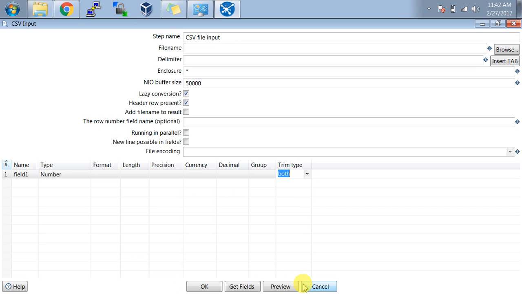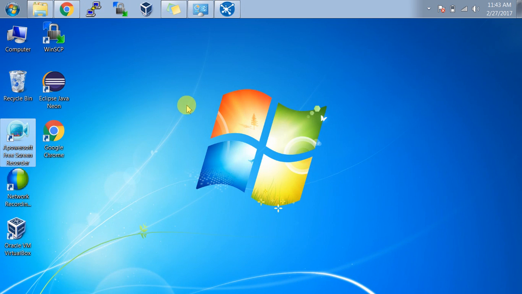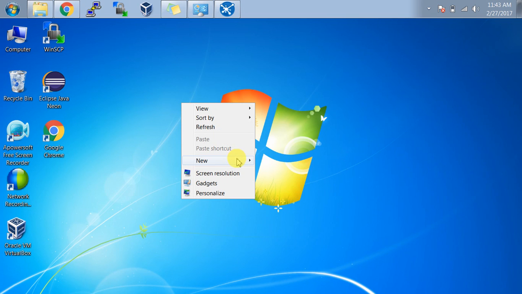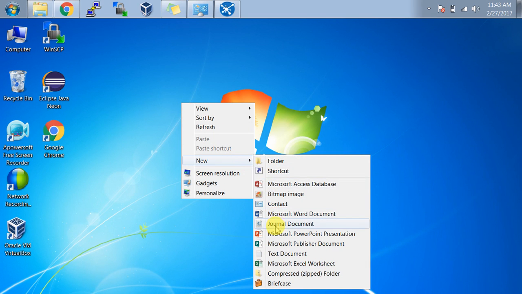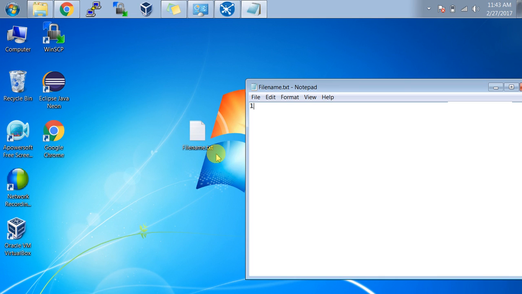So let me create one file and show you how it imports the data. Here I am going to create a new file, which I have just named file name .txt. I open the file and create fields. First name Ram, his salary is 20,000.